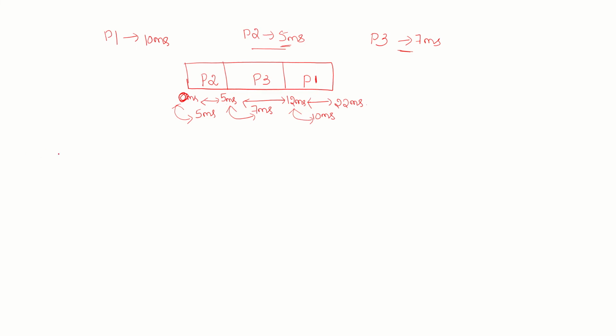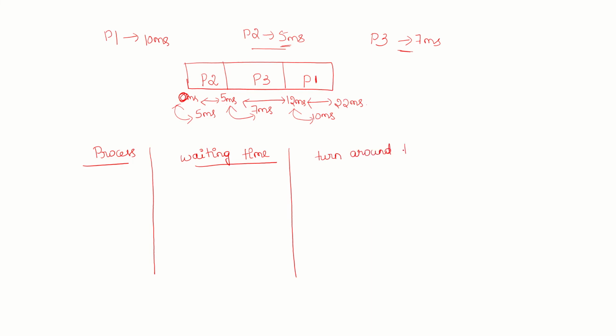Now let us draw that particular table. Process. Next, waiting time. Next comes turnaround time. Okay. Now we will write P2,